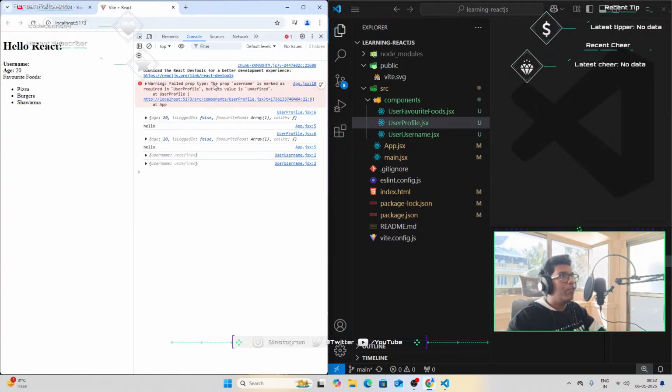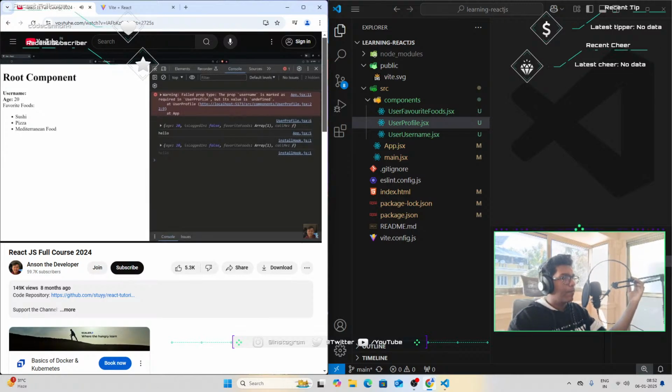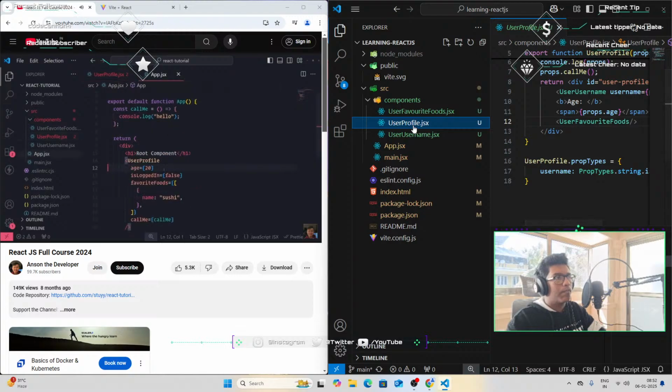Yeah, warning, failed prop type. Required in user profile, but its value is undefined. So this is basically telling you that you need to make sure you pass in the prop for username. So this is good because if we don't pass in a prop for something that is required, then it's going to complain. And notice how if I were to pass in anything but a string, so if I pass in an array,